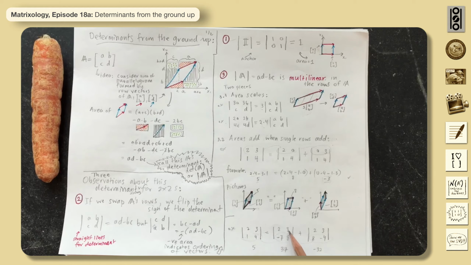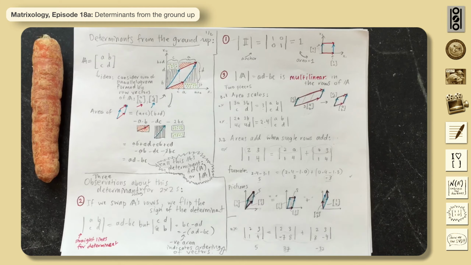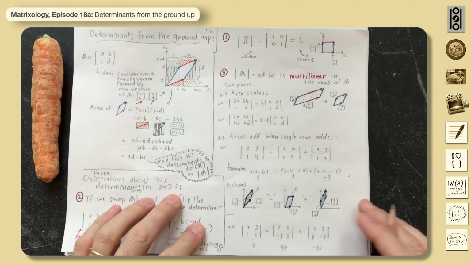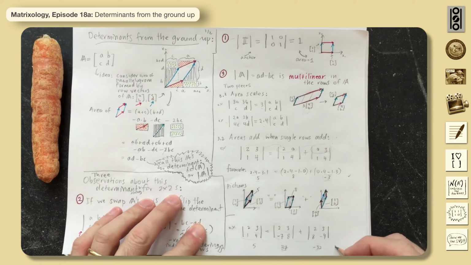So 2 times 8, 16. You always get a little tripped up with this. It's minus 3 times minus 7. So that's plus 21. So 37. And then minus 8 and minus 16. Minus 24. So it's minus 32. So 37 minus 32 equals 5. So that's good. All right. So we've defined this